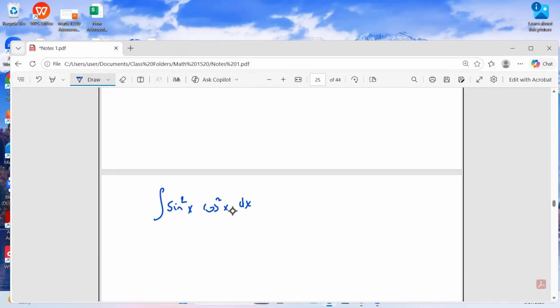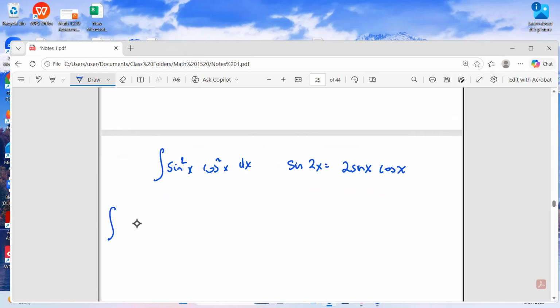One of the things I'm going to note is that the sine of 2x is equal to 2 sine x cosine x. So we could go ahead and do that. I'll be a little bit careful with my algebra as I go through this. What I'm going to do is break this into sine x times cosine x times sine x times cosine x. So I have sine x cosine x sine x cosine x dx, and we'll figure that out. Knowing that I can replace my sine x cosine x with a sine of 2x,